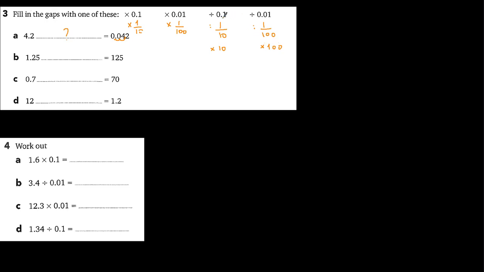Here the problem is when you multiply by 0.1, you also need to remember that you are multiplying by 1 over 10, which means you are dividing. When you divide by 0.1, it means that you are multiplying by 10. That may confuse you. That's why we are going to be careful about that one also here. So here it means that it is divided, so this is going to be times